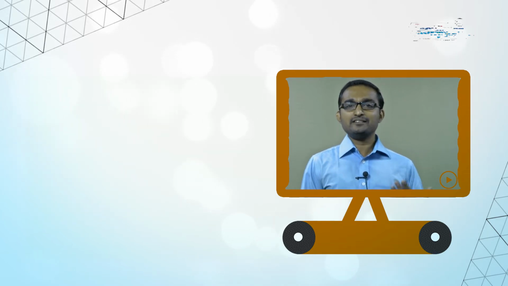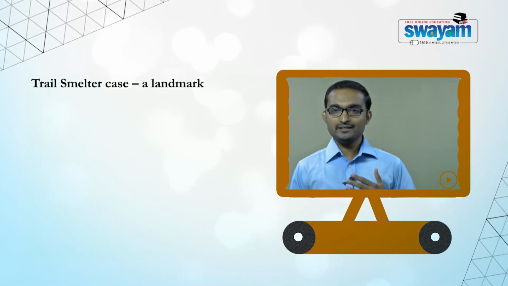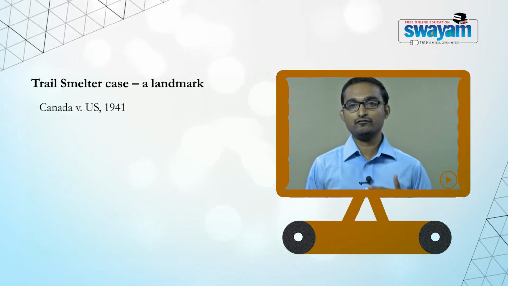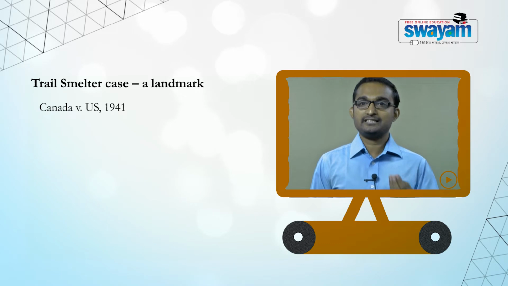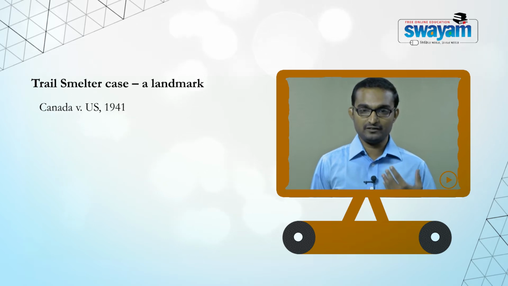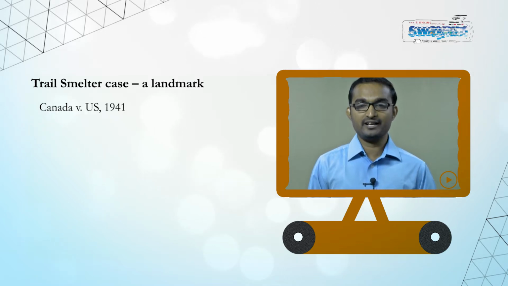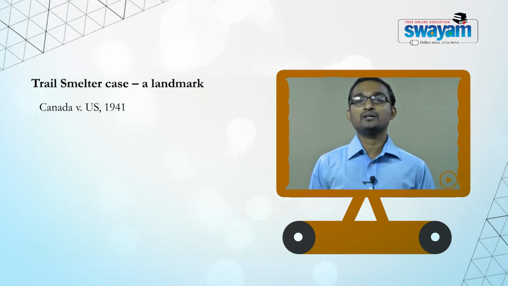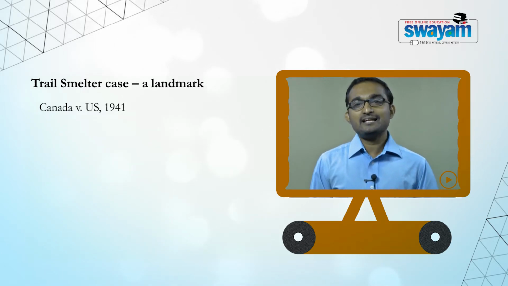But later on, another major landmark in the historical context is what we know as the Trail Smelter case. This was a case between Canada and the United States, and this arbitration case was decided in 1941. The case was about fumes that escaped from a smelting industry in Canada and caused damages in Washington in the United States. So the question was, what kind of liability can be fixed on the industry, or to put it in a different way, what kind of liability can be put on Canada for the environmental damages it caused. This is considered a landmark case.